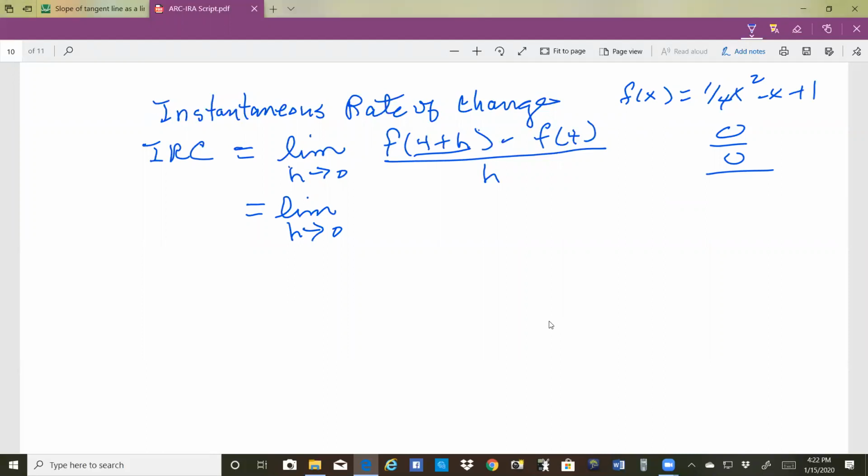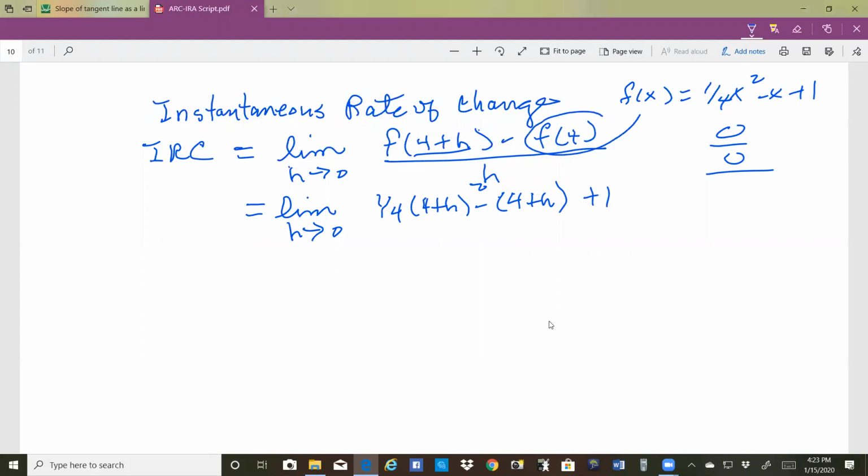So plugging in 4 plus h everywhere you see an x, we get 1/4 times 4 plus h squared minus x, which is 4 plus h, plus 1,